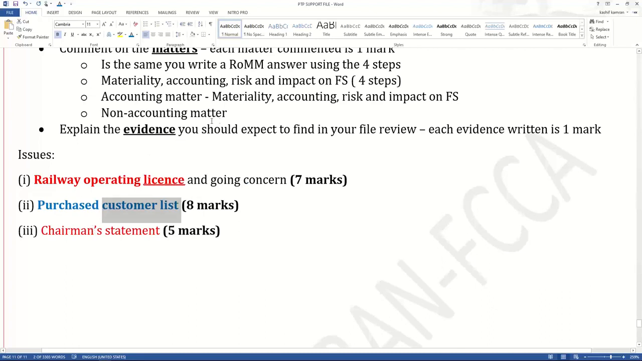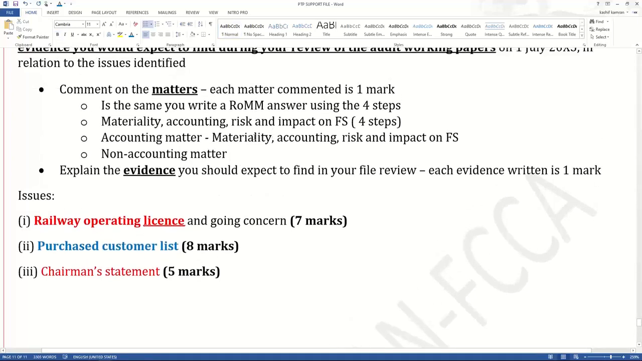So is the chairman statement a non-accounting matter? Can we have a materiality of the chairman statement? Can we have an accounting treatment of the chairman statement? No. So that means if the comment on the matter is an accounting matter, you write a ROM answer, that's perfectly fine. But if in comment on the matter you get a non-accounting matter, then in the case of the non-accounting matter, the comment on the matters